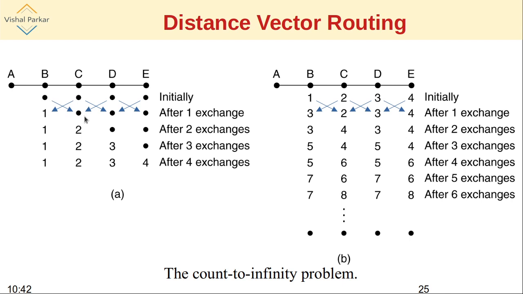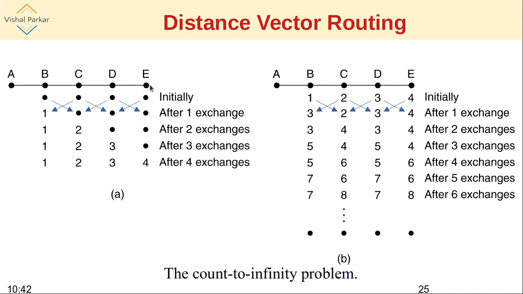In line with the previous discussion, D and E have infinity as the distance to A, and they will store infinity in this case as well. And similarly, the last two lines will be updated. So this is how after 4 exchanges, all remaining 4 routers in that subnet get to know that A can be reached with a finite distance: 1, 2, 3 and 4 for B, C, D and E respectively.